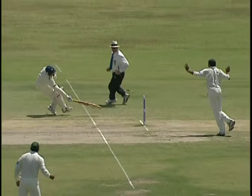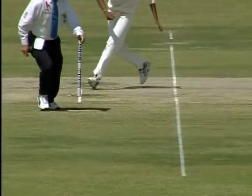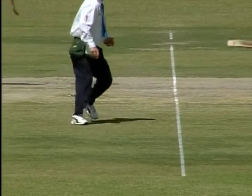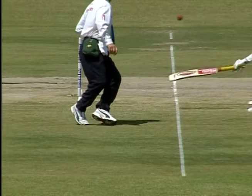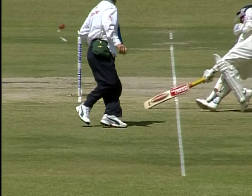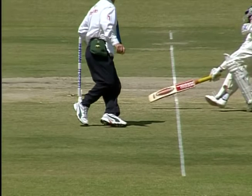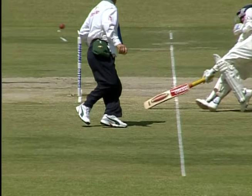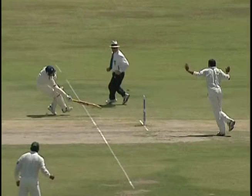Well, it's going to be a hard one to adjudicate, but he's made the mistake of trying to avoid the ball, and he might have just got his bat down in time. And this is something that he does a lot too, is he plops his bat in, or places it in. Marginal. Oh. It's going to be interesting. A half frame there, and